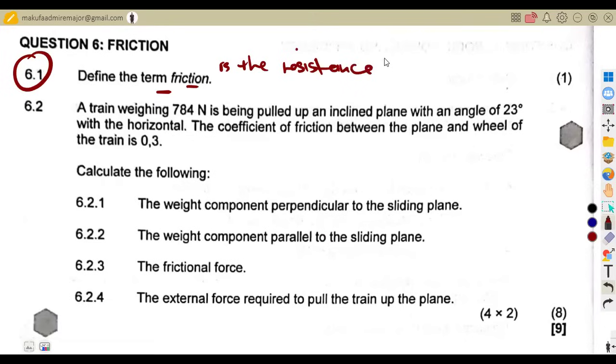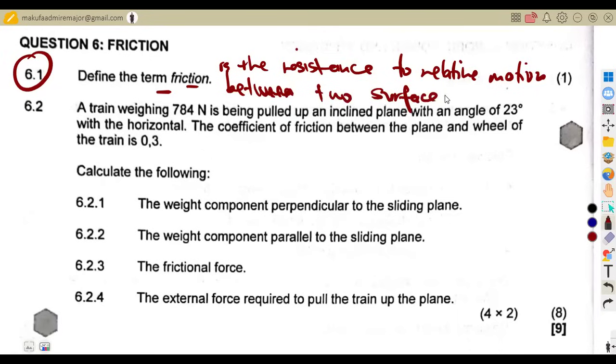So this is the resistance to relative motion between two surfaces. That is the idea of friction. Then 6.2, we are given that a train weighing, this is the weight, 784 Newton